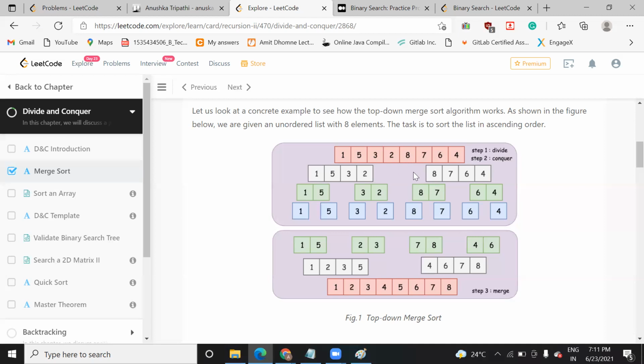But suppose you divide it into bunches of data. This is the group of people staying in Dwarka. This group is staying in Indraprasth. This group is staying in some other area. So if you divide it into a set of sublists, then it will be easy for you to find it out. Picking up the data becomes easier. That logic I'm telling you. Are you getting what I'm saying?